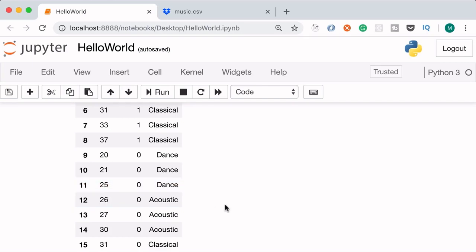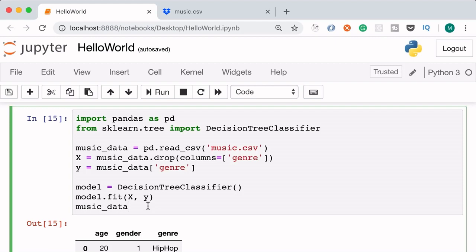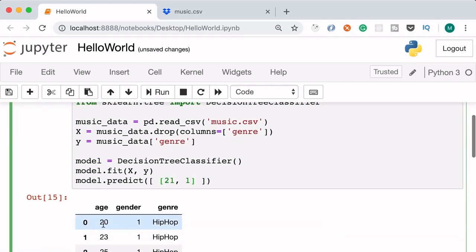So with these assumptions, let's go ahead and ask our model to make predictions. Let's remove the last line. And instead, we're going to call model.predict. This method takes a two-dimensional array. So here's the outer array. In this array, each element is an array. So I'm going to pass another array here. And in this array, I'm going to pass a new input set, a 21-year-old male. So 21, comma 1. That is like a new record in this table. Okay? So this is one input set.